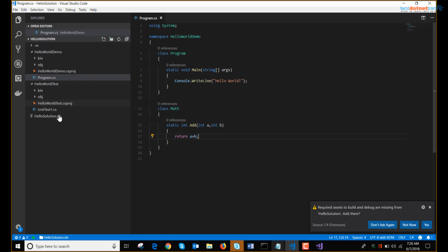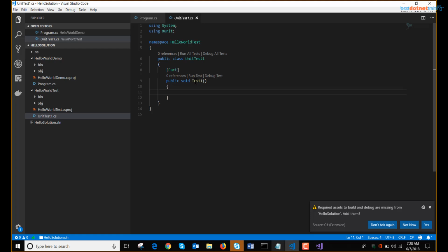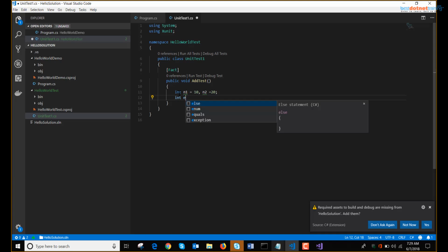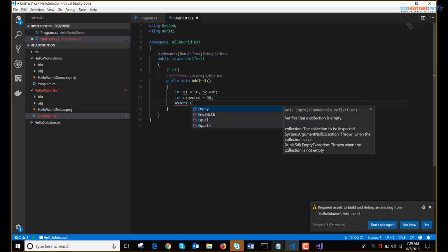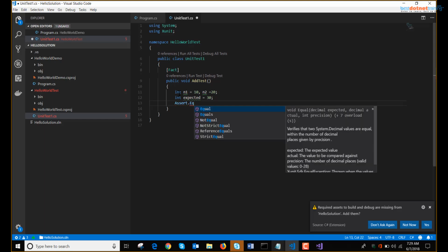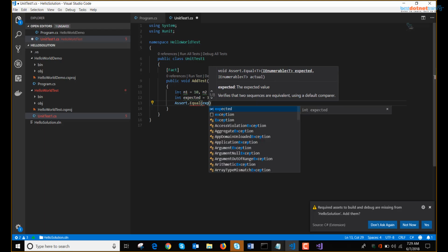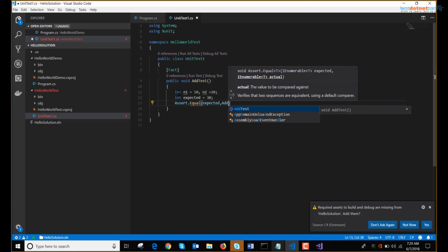So we already have this class. I'll call this AddTest. And here I need to have the numbers. Let's say integer n1, I want to pass 10. n2 I would like to pass 20. And the expected result is 30. And just say Assert.Equal, expected comma Add n1 comma n2,